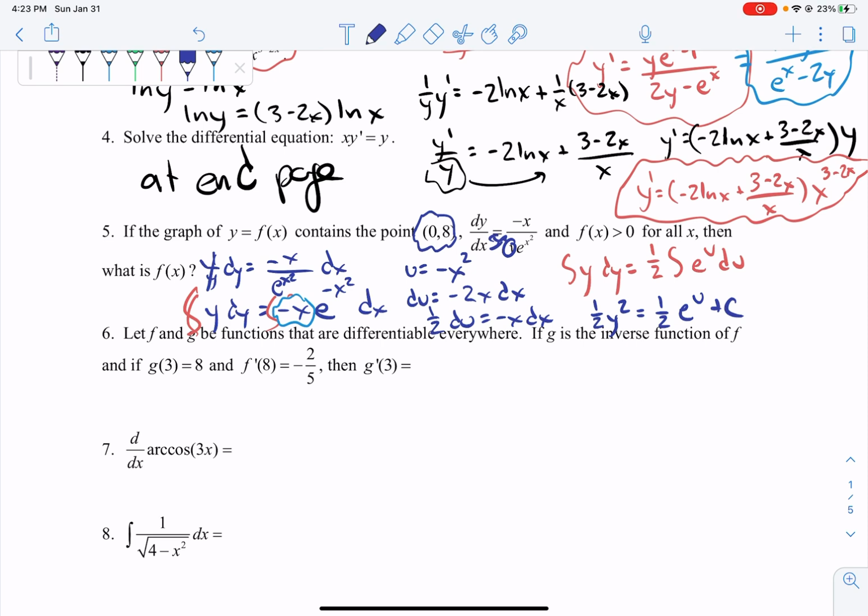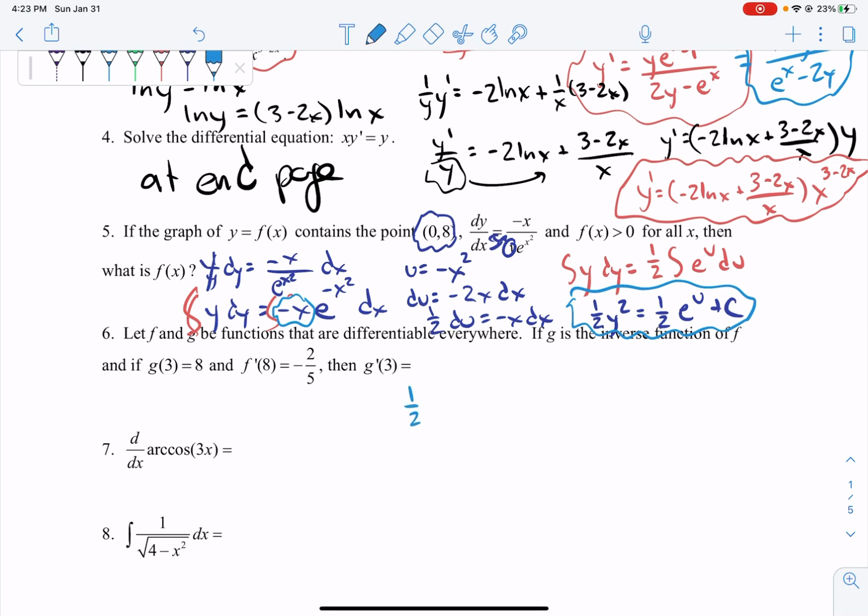When do we want to solve? Now remember, we got initial condition (0, 8), and we want to solve for c at some point. I feel like this would be a good time to plug in our values. So I'm going to take this (0, 8) and plug it into this equation right here. So now we're definitely going to be taking over other space. So this is going to become